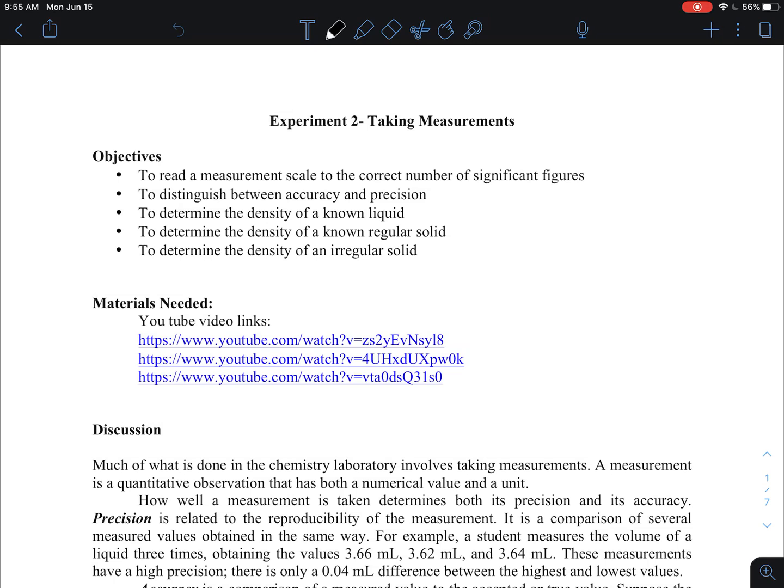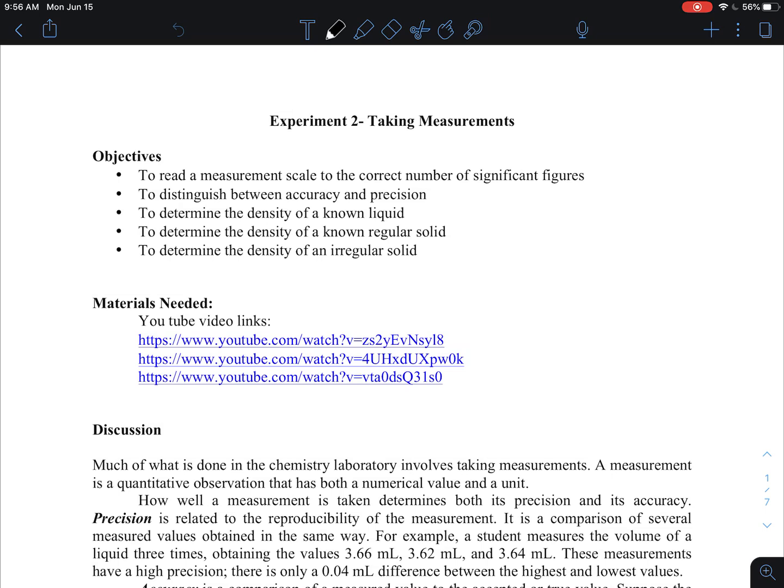Experiment 2, taking measurements. This is an experiment to help visualize how to take measurements and further practice the one before this, of significant figures and what to report. Here are the materials you need, which is just YouTube links, which are more detailed, of when to watch in the experiment. This goes again in correlation with measuring and what to report and how to be accurate